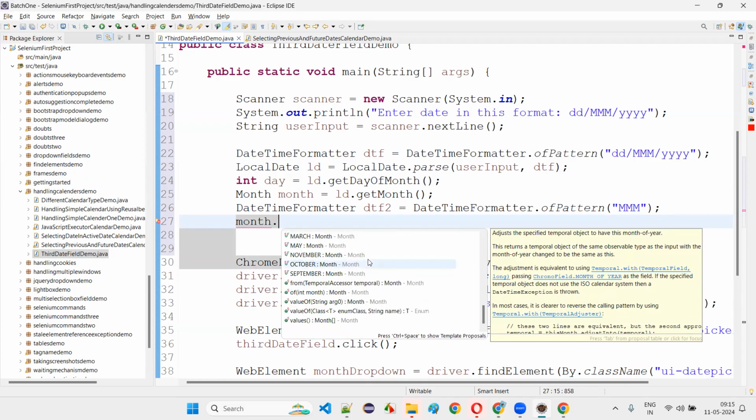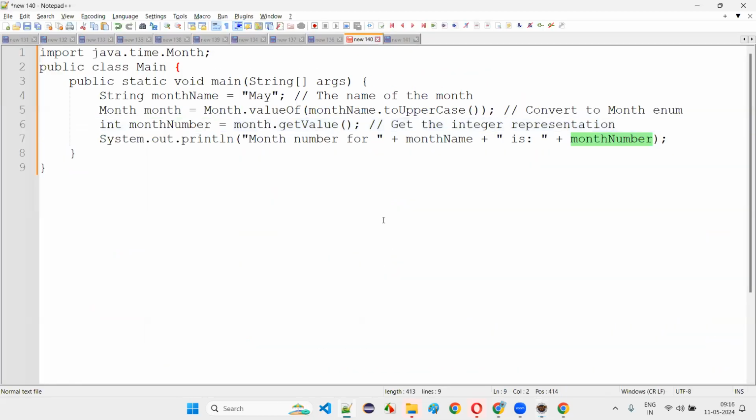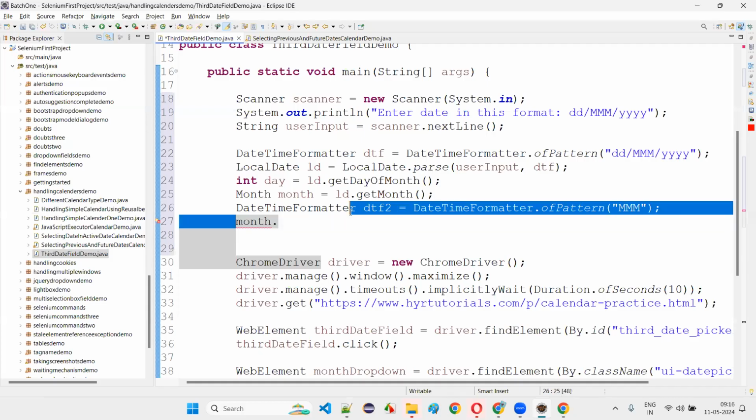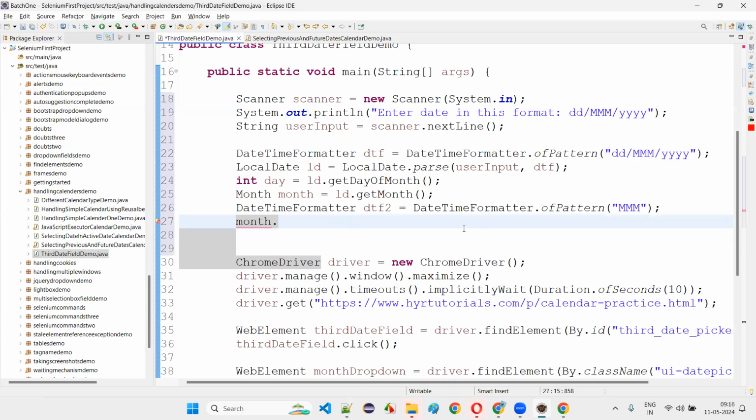For this one, take the previous one. I didn't get what you are saying. Okay, fine. DTF2 dot